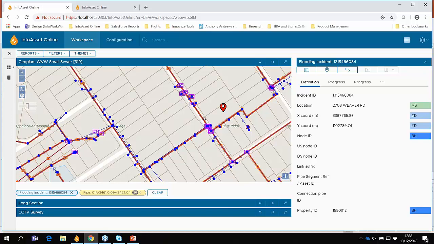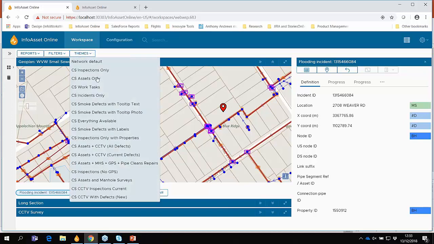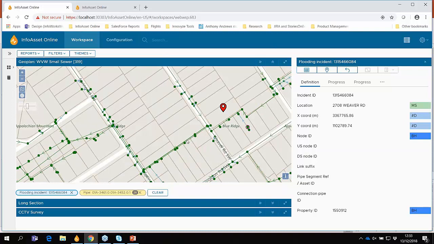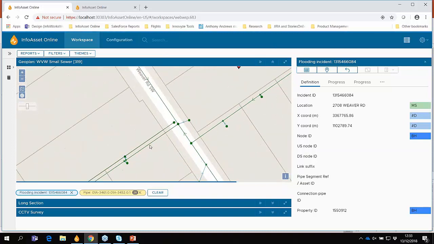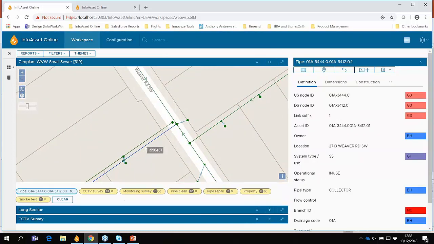So when I select an asset, and a particular asset for viewing, I'm just using the mouse cursor. There's no extra tool. As I said, we're trying to limit the number of tools available to make this as simple as possible. So I've selected a pipe in the geoplan, and you can see on the right-hand side the